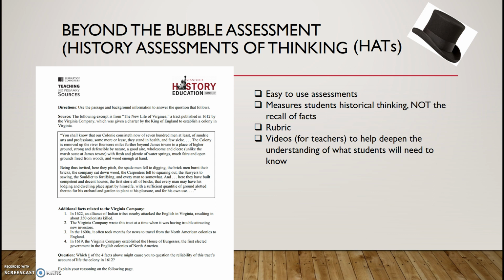This is what it looks like though, and students will read the source, and then they have additional facts. Some of them say they have to choose one of the 4 facts, some of them say choose 2 of the 4 facts, and then they have to explain their reasoning. On the rubric that the teacher will use, it actually lists out 3 different things the teacher can choose from, and you will either be considered